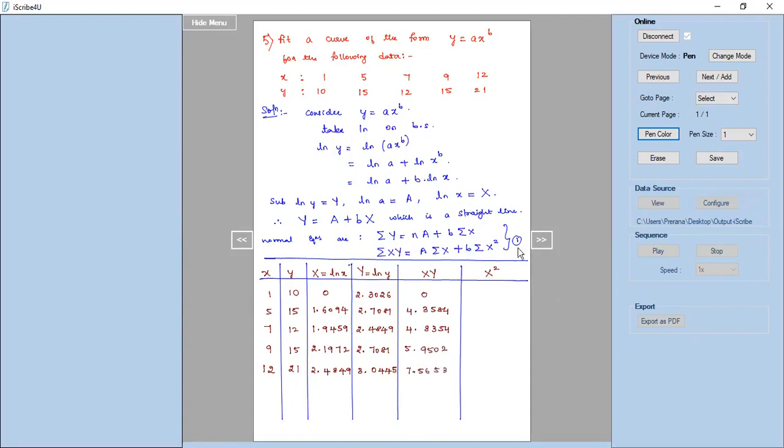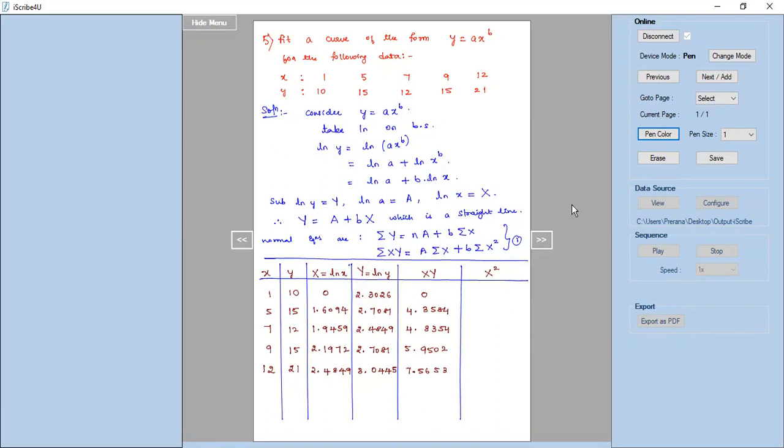And the next column is for X square. So we have capital X. These are our capital X values, which is ln x or log x. We have to take x square, squaring these values. Observe in each of these cases, we are rounding off all our values to 4 decimal places. We are taking a consistency of 4 decimal places, just to have an accurate answer. So capital X square we are trying to do.